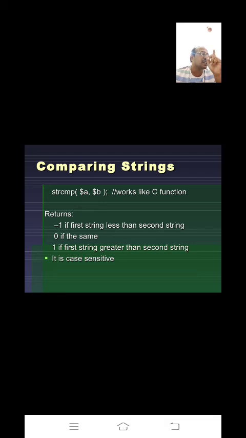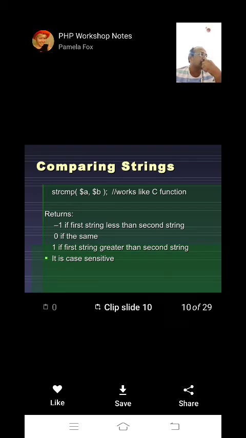Whenever you get some value, positive or negative, you have to understand yourself that the given two strings are not the same. If the first string is less than the second, you get -1. If the first string is greater than the second one, you will get 1. If both are the same, you will get 0.